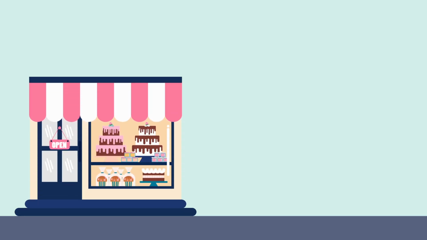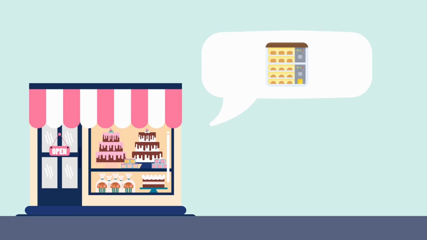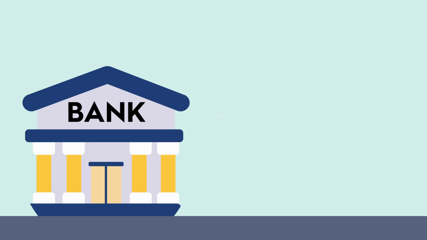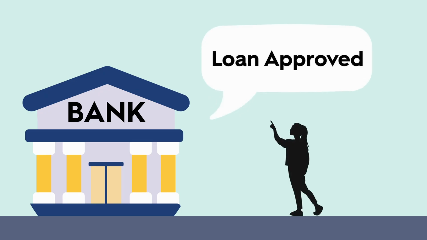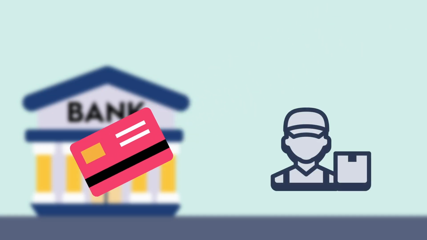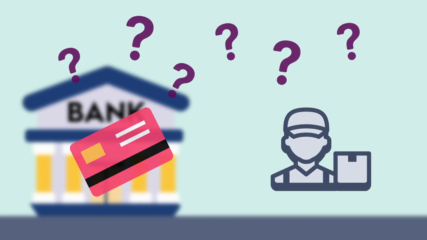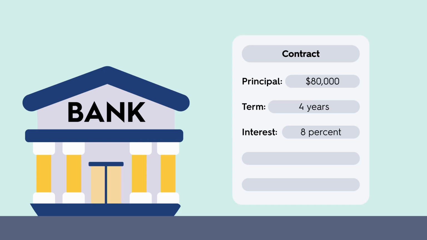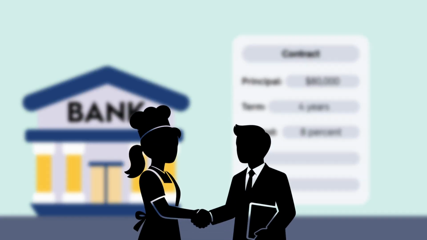Here is an example. A bakery needs a new industrial oven, but it does not want to pay the full price upfront. So it borrows $80,000 from a bank and signs a 4-year note with annual interest. The bakery could have used a credit card or asked a supplier for terms, but those options either carry higher interest or shorter repayment windows. A formal bank note gave them a fixed rate and 4 years to pay, making it the more predictable, manageable choice